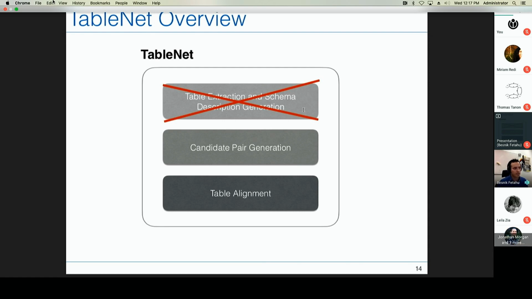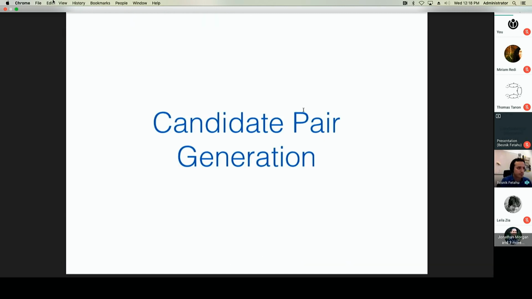And once I have this candidate set, I have to decide which of these table pairs from my source article and the candidate articles can be in an alignment, right? And we will see later on what these types are, as I said, equivalent and subpart-of relations between tables. So for the first step, the candidate pair generation,